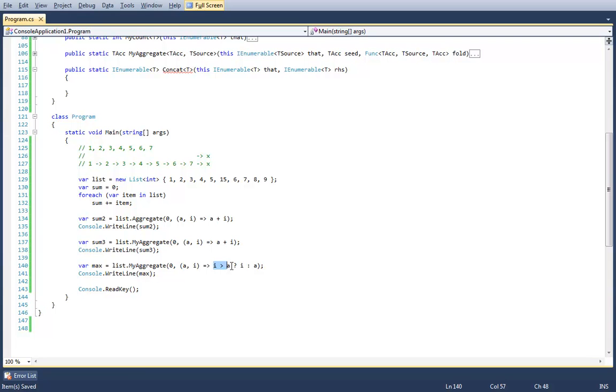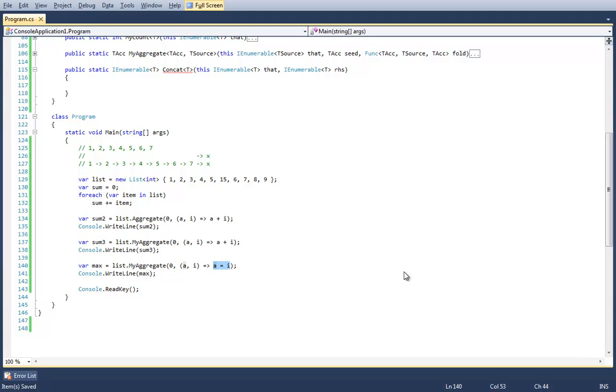So somebody said, well, what if I did A equals I? I want to point out that this is not what you should ever do. These functions should be as pure as possible. This is not a pure function because we do an assignment. And also, it doesn't do anything either. I is always going to be put in, A is always going to be set to the value of I. So it doesn't have any logic in it. There's no logic there at all.